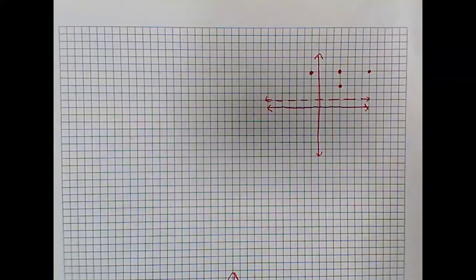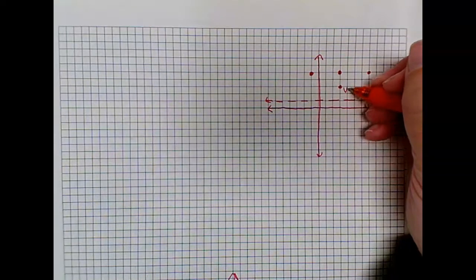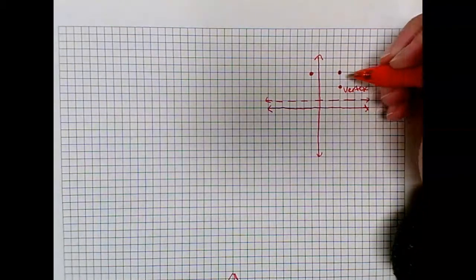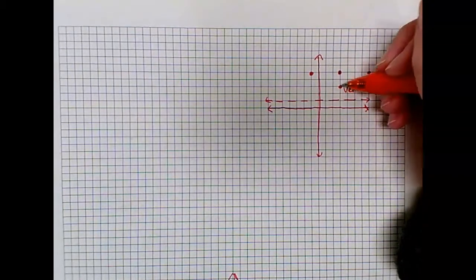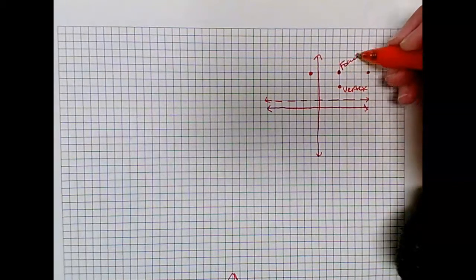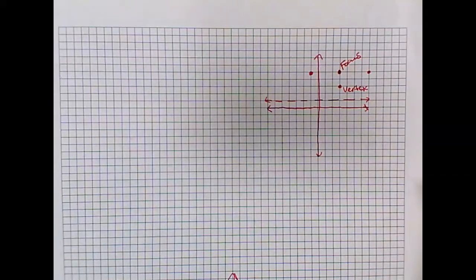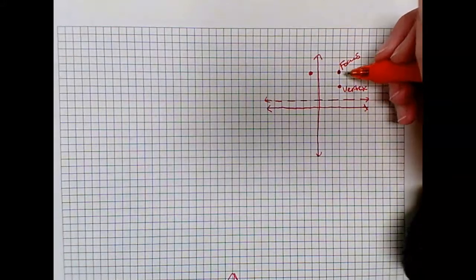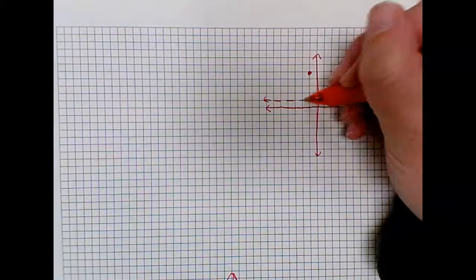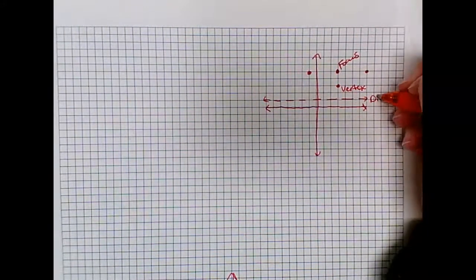So let's say that a parabola has a vertex here. The focus would be a point that's inside of the parabola. So perhaps my parabola opens up. This would be my focus. And then my directrix would be on the other side of the vertex, the same distance away as the vertex is from the focus. So 1, 2, 1, 2. This is my directrix,